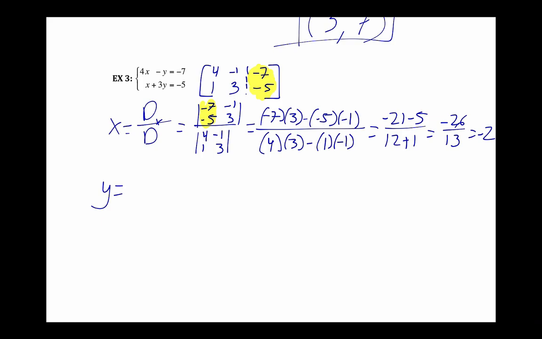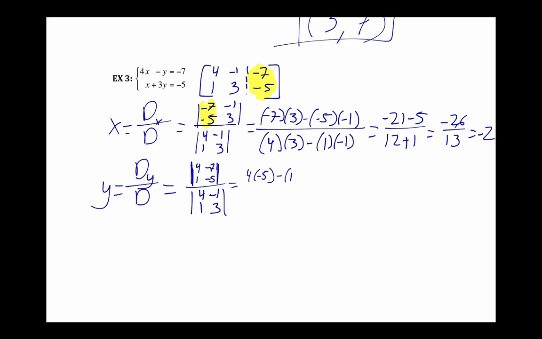again, we got y equals d sub y over d. Now, d, we already did that one. I'm going to rewrite that matrix as 4, -1, 1, 3. And then our numerator d sub y, we're going to replace the y coefficients, the second column, with our constants. So we got a -7 and a -5 there. And then our x coefficients stay the same. So for our numerator, we're going to have 4 times -5